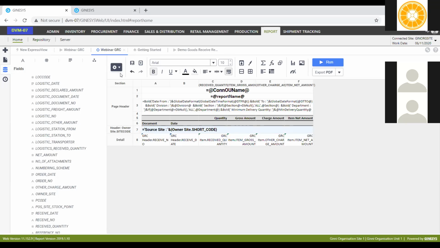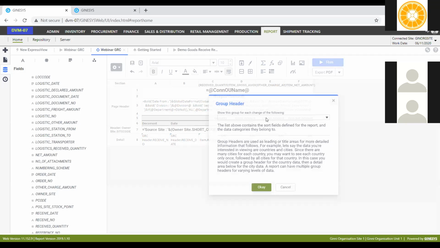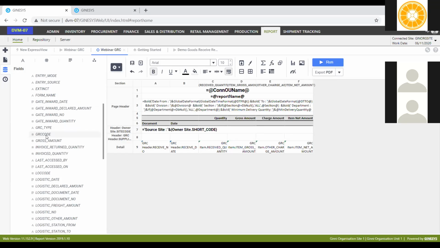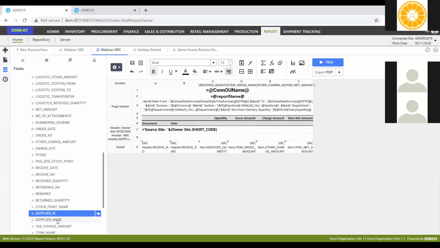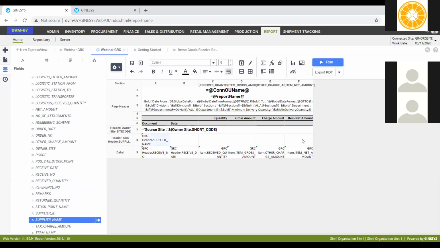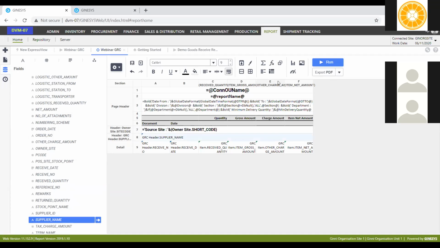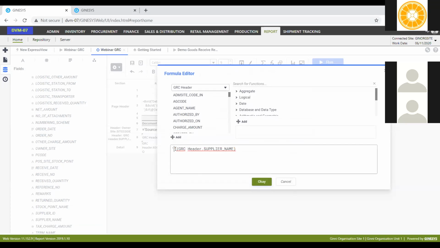Right. The next thing that we have in that particular report is a section for group header for supplier. So we'll take that, and we can just drag it from here as well, not a problem. So I can drag it over here, merge the rows. If I want to edit, let's say I want to put a supplier name, or let's say I want to put a GRC custom string that you want to add. So we can just quickly write that here, GRC supplier